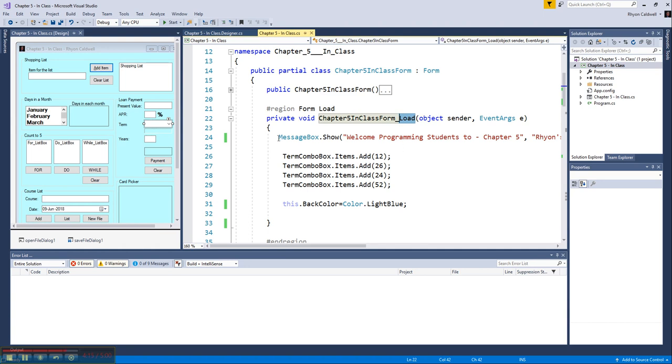So I've added this method, the strategy to this form to illustrate how we can use the load event on the class, this form class right here, to initialize it. All right, so from there we'll go on, and we'll keep going with the rest of the components here on